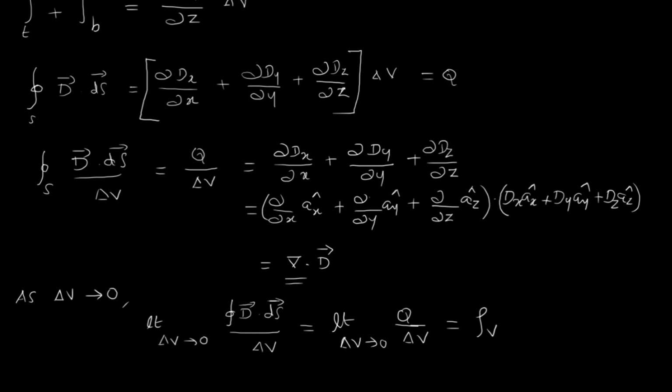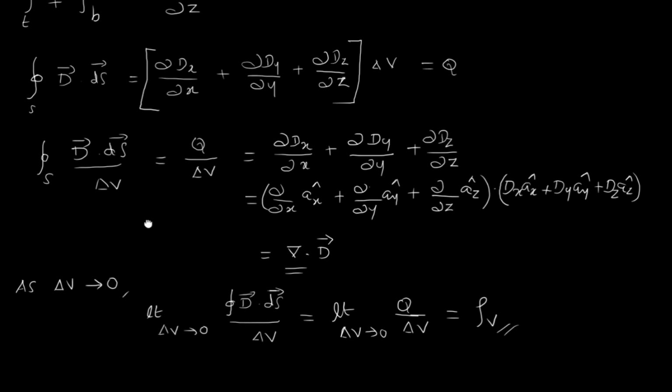So at that particular point P, which we considered at the initial point of derivation inside that big cuboid, now that cuboid has diminished in such a way that it is just enclosing this point P and the total volume is almost equal to that point. So I can say that Q is rho v only when delta v tends to 0. So I get the LHS of the above equation as rho v. Now I have RHS as del dot D and LHS as rho v.